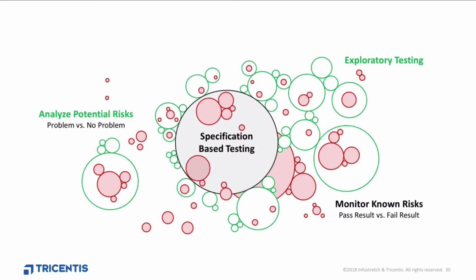So with our automated regression tests, we are now mainly doing specification-based testing. What do I mean with that? Basically, it means we have a certain baseline or expected behavior of our application, and we check if the actual behavior matches our expectations. With this approach, we can cover a certain amount of risk areas, sure, but as we have already mentioned, we cannot test all the risks exhaustively because of, for example, time or budget constraints. This is the gray circle which represents the specification-based testing, so basically our automated regression tests we run on a regular basis.